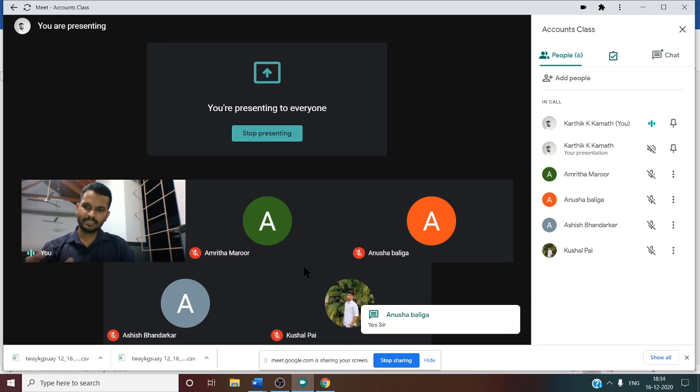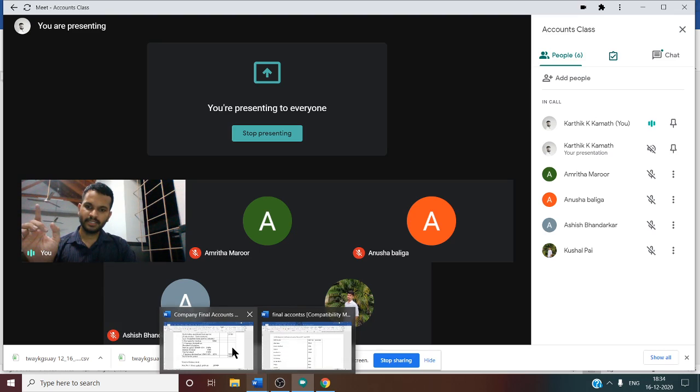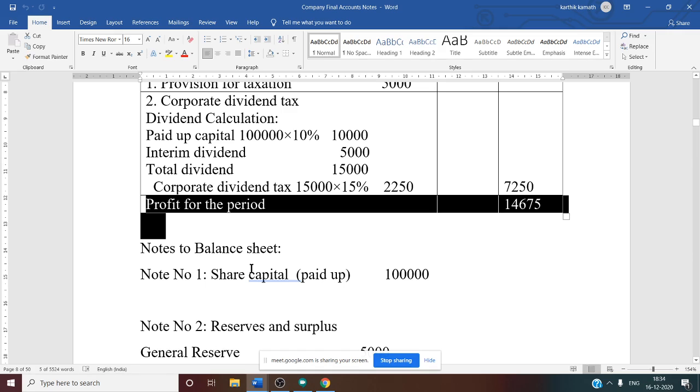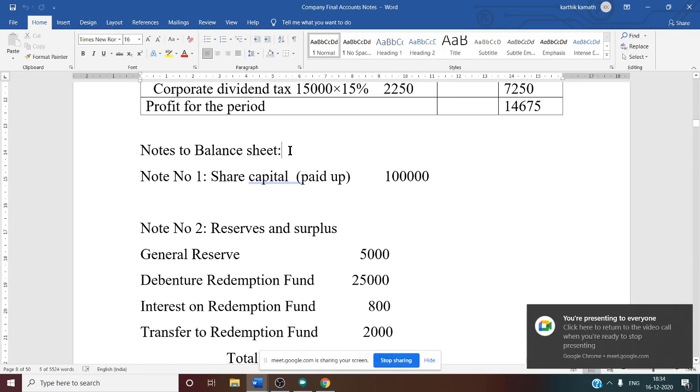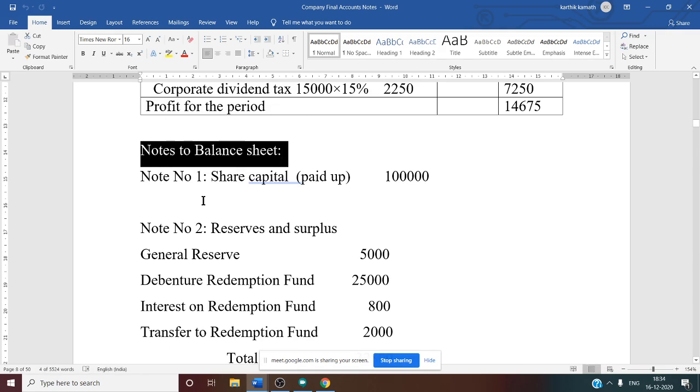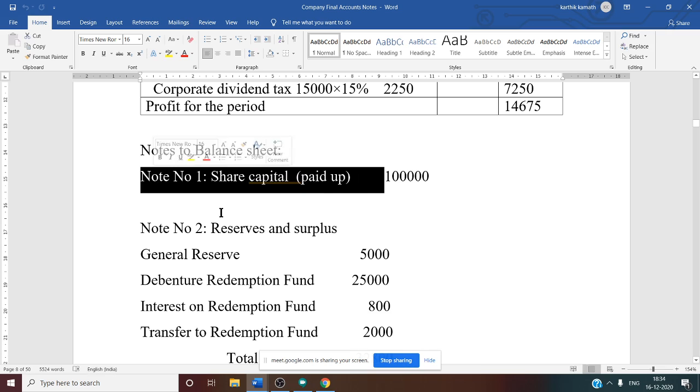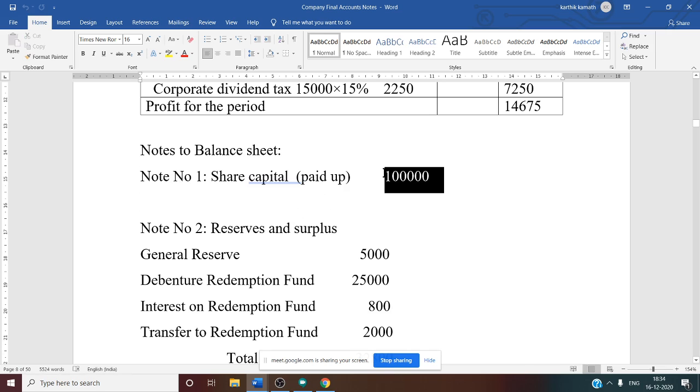After discussing this, we have to do the balance sheet working notes, one by one. So here 21 working notes we have to prepare, the notes to the balance sheet. Usually this is a 24 marks problem. Note number one, we know, is share capital, but in the trial balance only one piece of information is given, that is paid up capital, directly. No other adjustment. Directly from the trial balance you can write 1 lakh. So note number 1 is over.